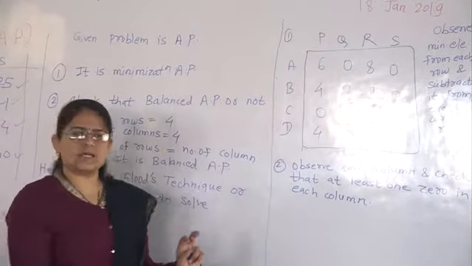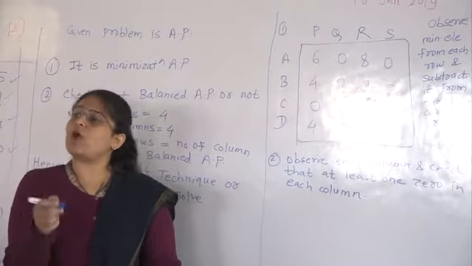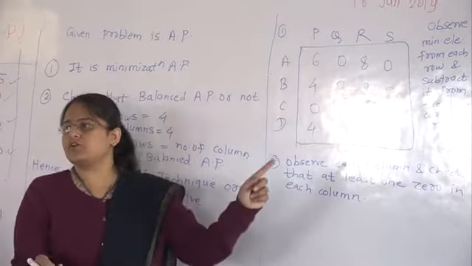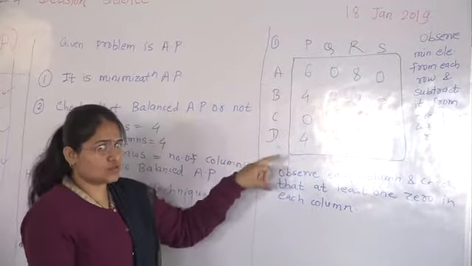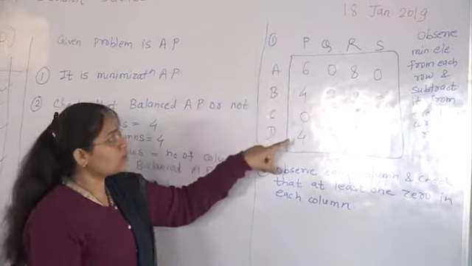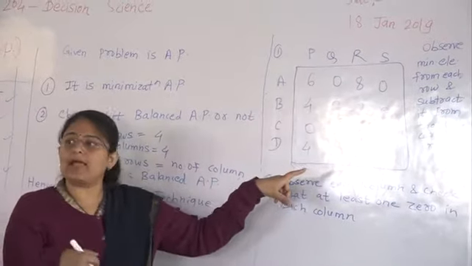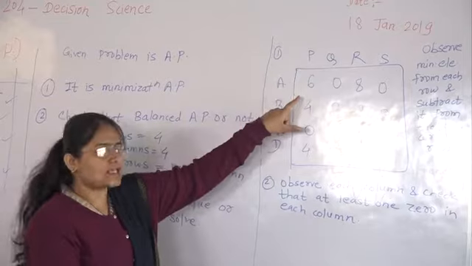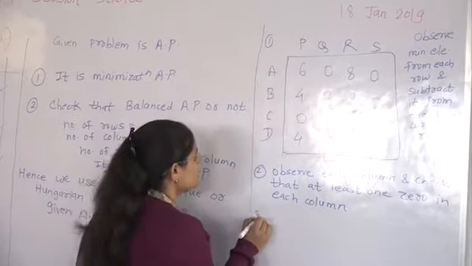Okay, this condition is satisfied. If not satisfied, then apply the same method for the column. Suppose in this column there is no 0, so again find the minimum element in that column and subtract that minimum element from each element of that column. Apply the same procedure as for the row. Okay, yes. Third,